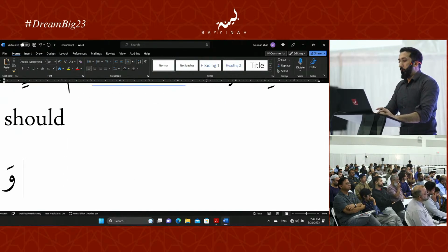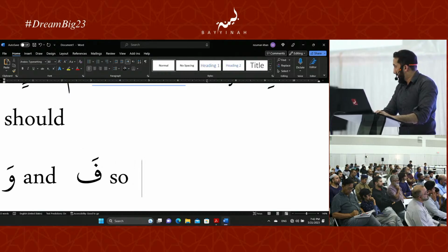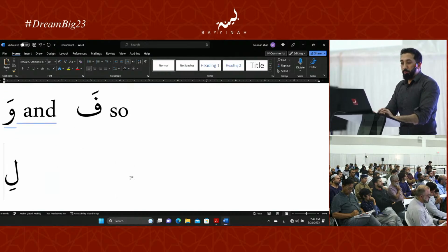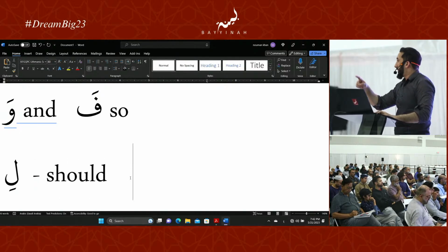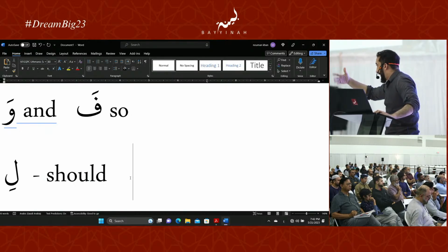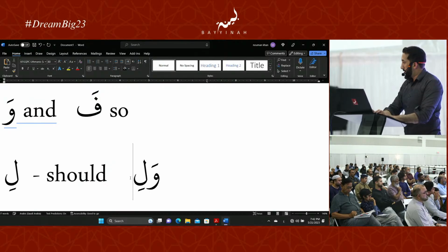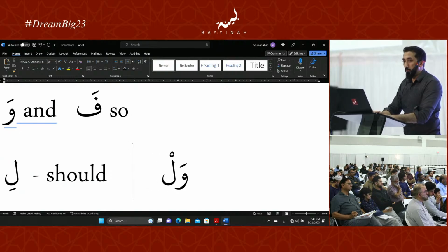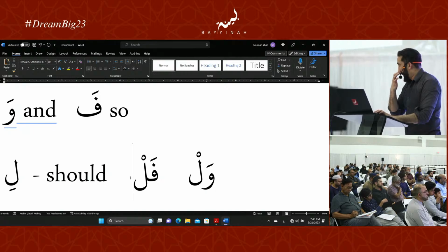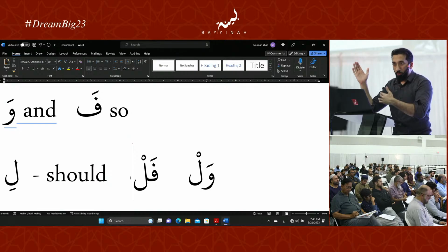In Arabic, wa means and. Fa means so. Yeah? And what is li? It means should, right? If you want to put them together, and someone should do something, the wa and the li would go together, right? But they don't say wali, they say wal. And they don't say fali, they say what? Fal. If you see wal or fal in the Quran,